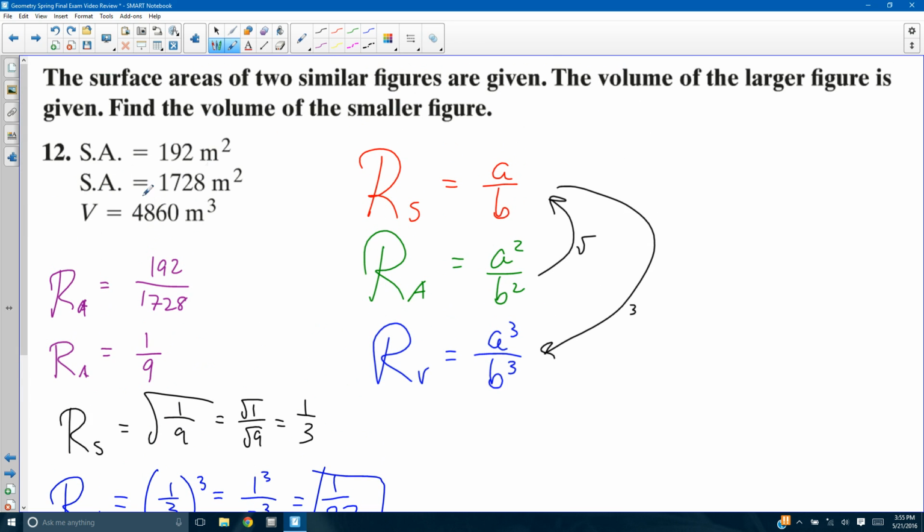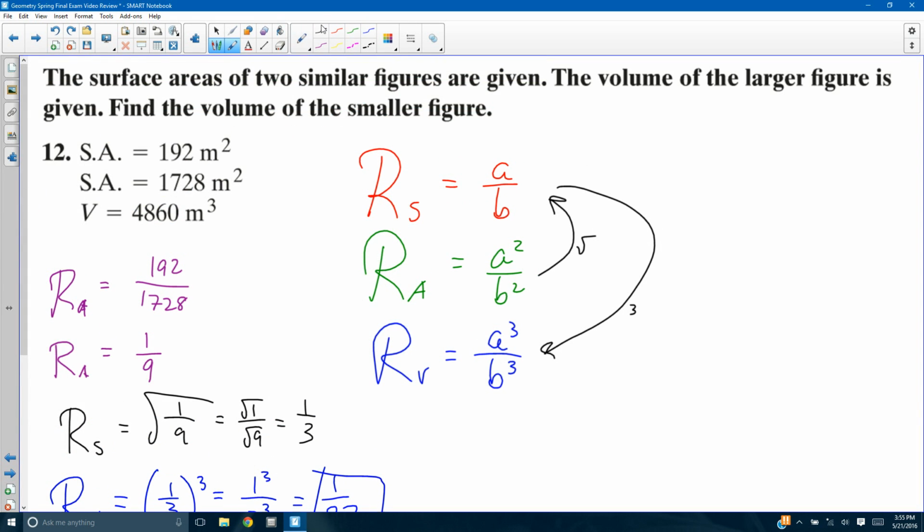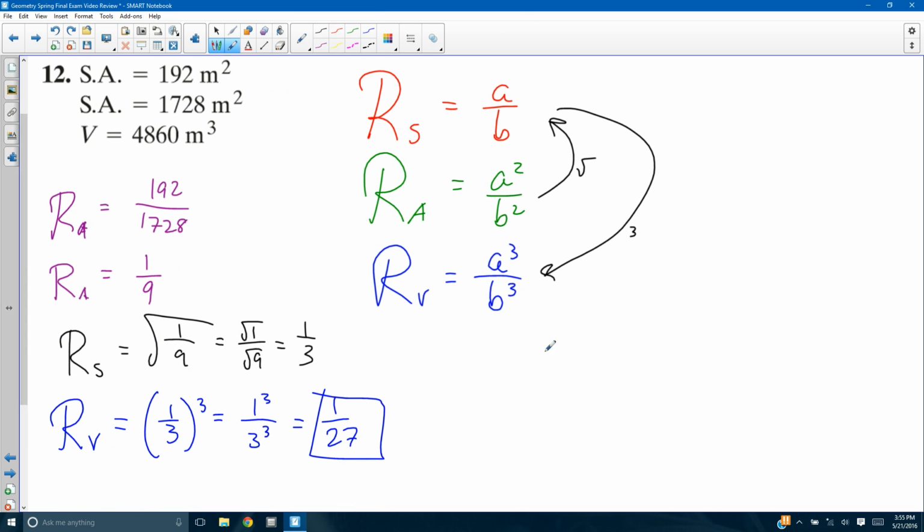They give me the volume of the larger figure, which means the volume of the larger figure is 27 times the volume of the smaller figure, which is what they're asking me to find. So in order to do this, I can either take 1/27 of 4860, or just set up the proportion with it. Small to large equals small to large. Okay, cross multiply, all that, whatever. You're going to do 4860 divided by 27 in the end. That becomes exactly